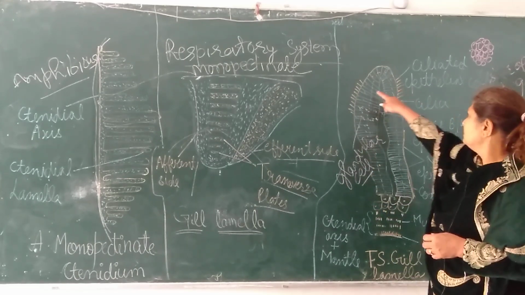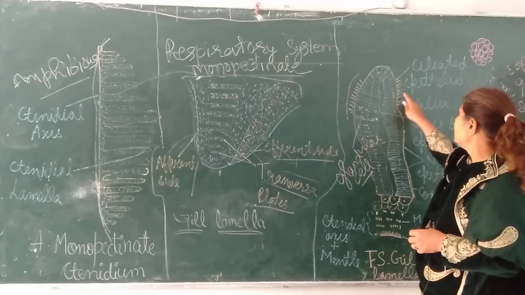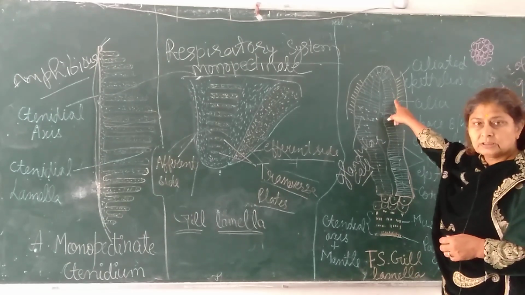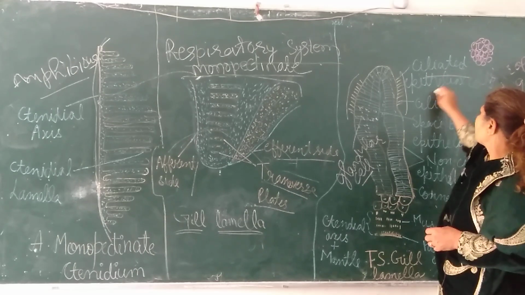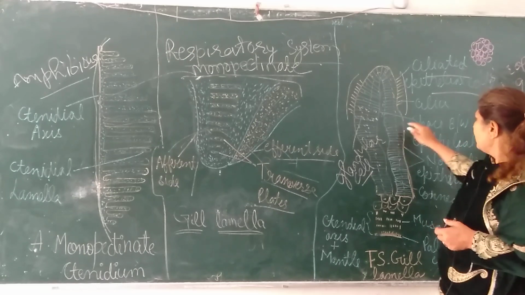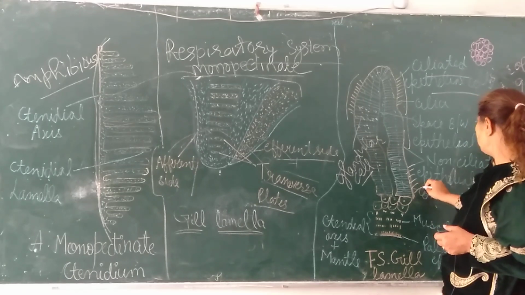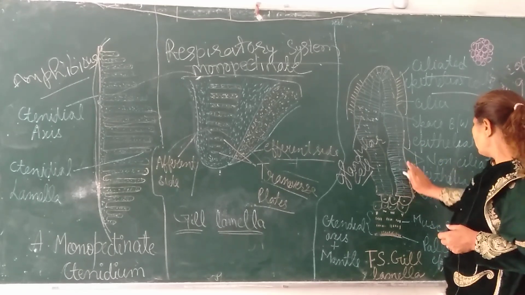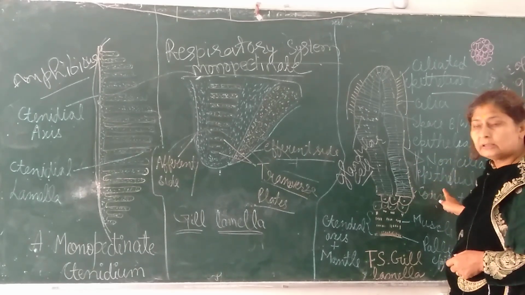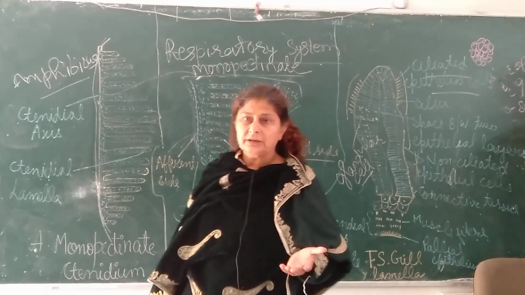Second are the epithelial cells with cilia. With cilia, this you can see. There are a number of ciliated cells. They are called ciliated epithelial cells. I think that is clear? Another are the non-ciliated cells. What are these called? These are called the non-ciliated epithelial cells, or glandular cells which produce the secretions.